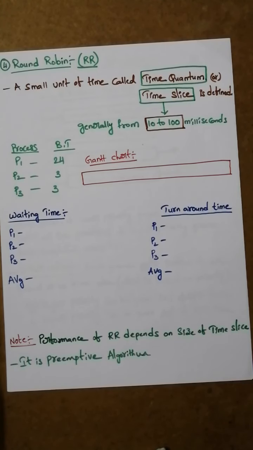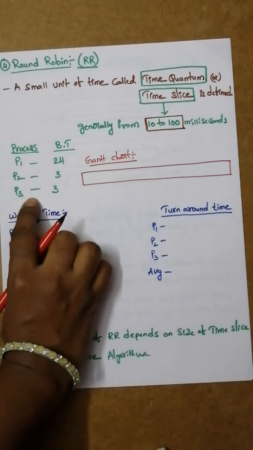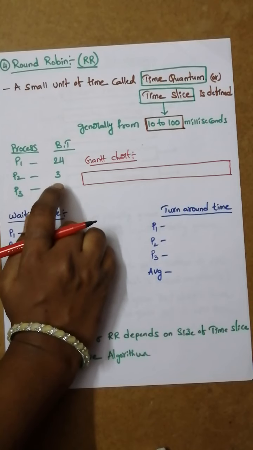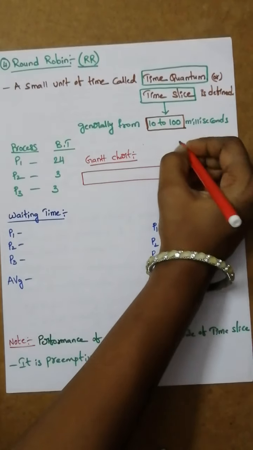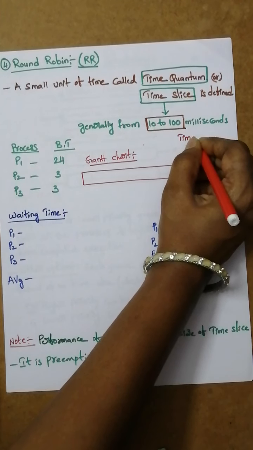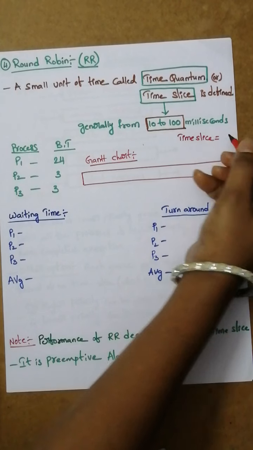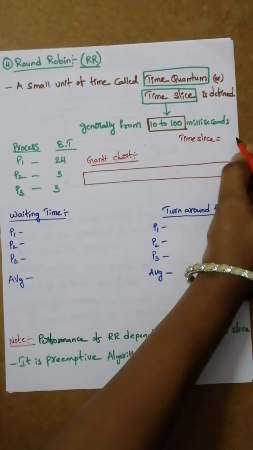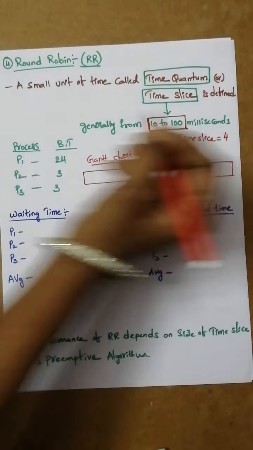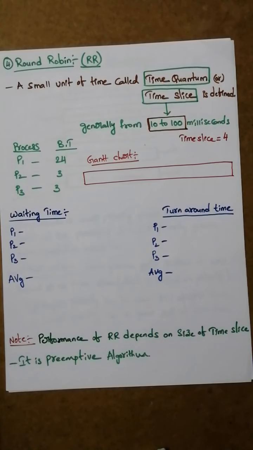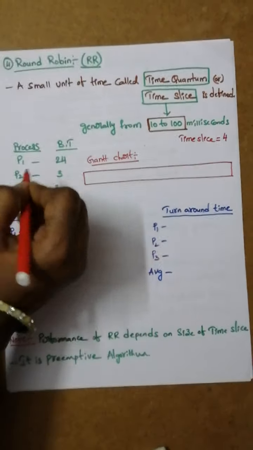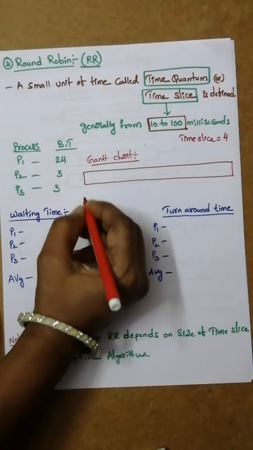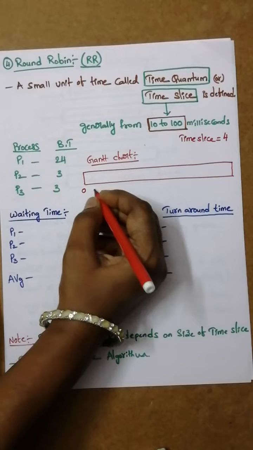For this example, I took 3 processes, P1, P2 and P3, and their execution times are given. Now here in round robin, what we'll do is, first of all we'll decide a time slice value. So imagine that I'm taking this time slice value as 4. If it is 4, then let's see how it is done. And I'm imagining that all these three came at the same time. So execution will start like this, from 0.